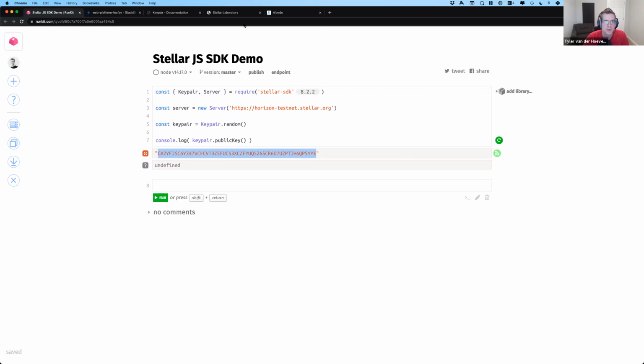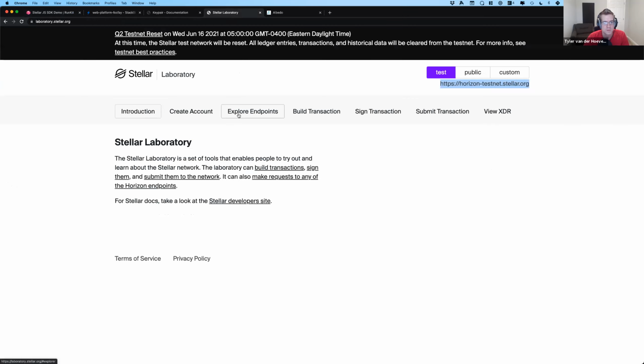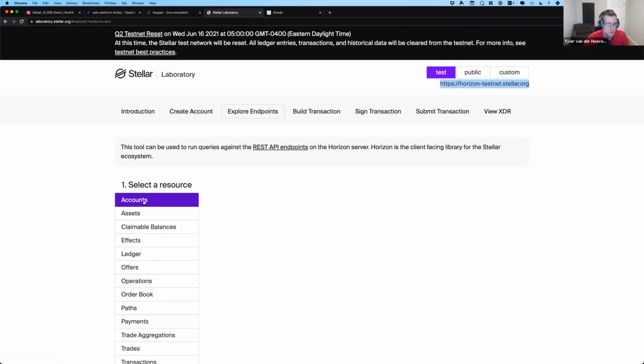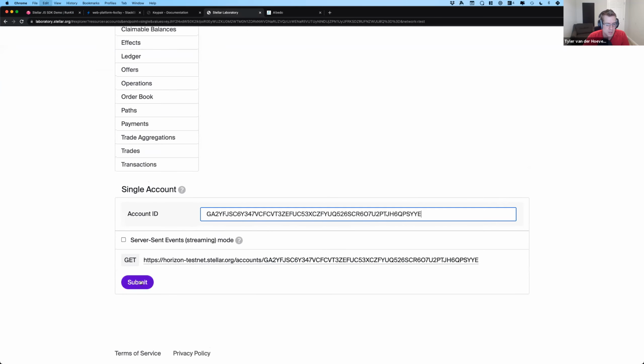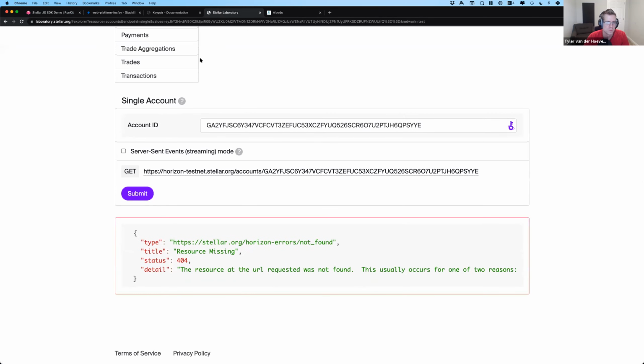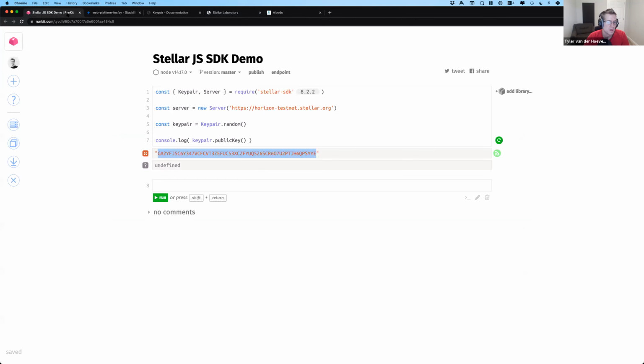Now, if we were to take this and say, oh, sweet, I've just made myself a brand new public key. Look at me. If we look that up on the blockchain, we'll notice that it's a 404. It's a valid key pair. It does not exist on the blockchain yet, because otherwise I could just make an infinite loop of random key pairs and blow the blockchain up. So to actually get it on the network, we need to generate a valid key pair, but then we actually